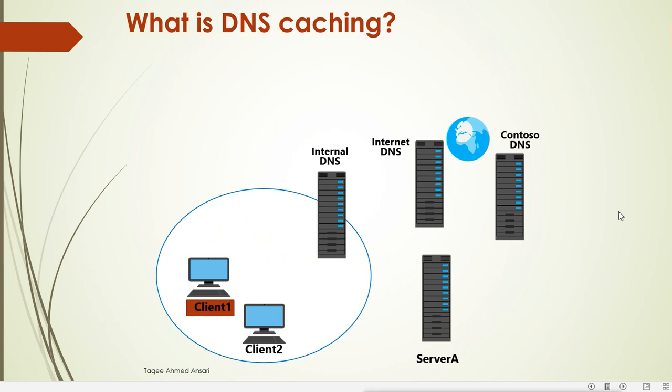Now when you see this process of resolving the name, it can take a lot of time. It goes to the root hint server, then to the top level DNS server, which gives the referral, and then it goes to the Microsoft.com DNS server, which gives the answer. It is a long way to resolve the name. So there is one more thing here: our machines and our DNS servers do caching.